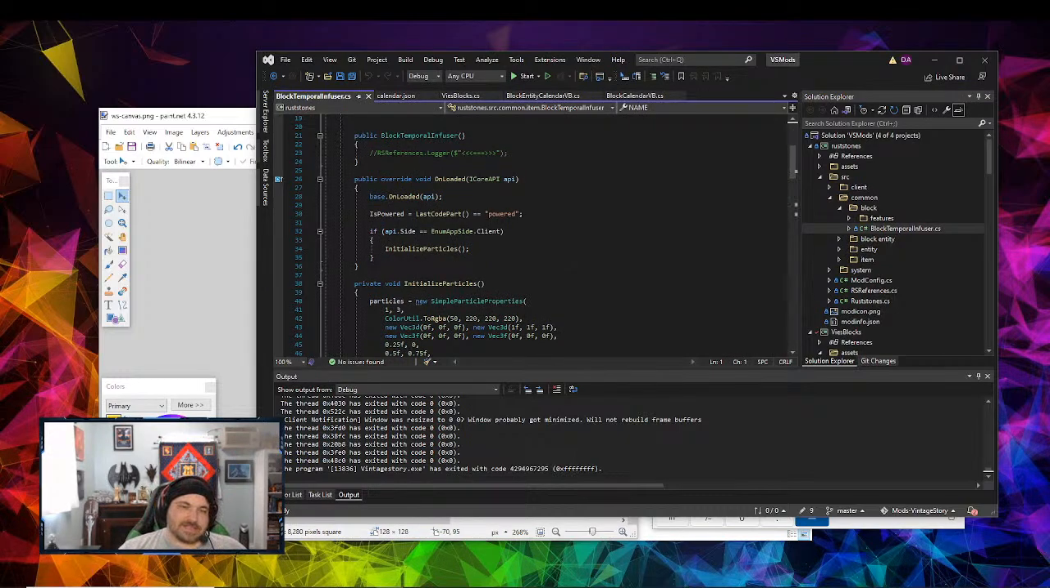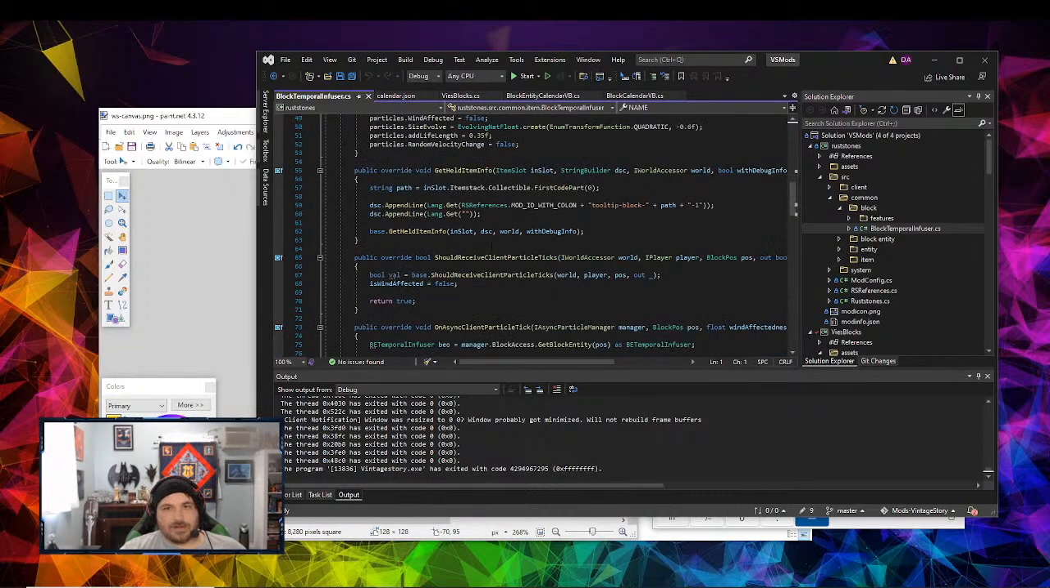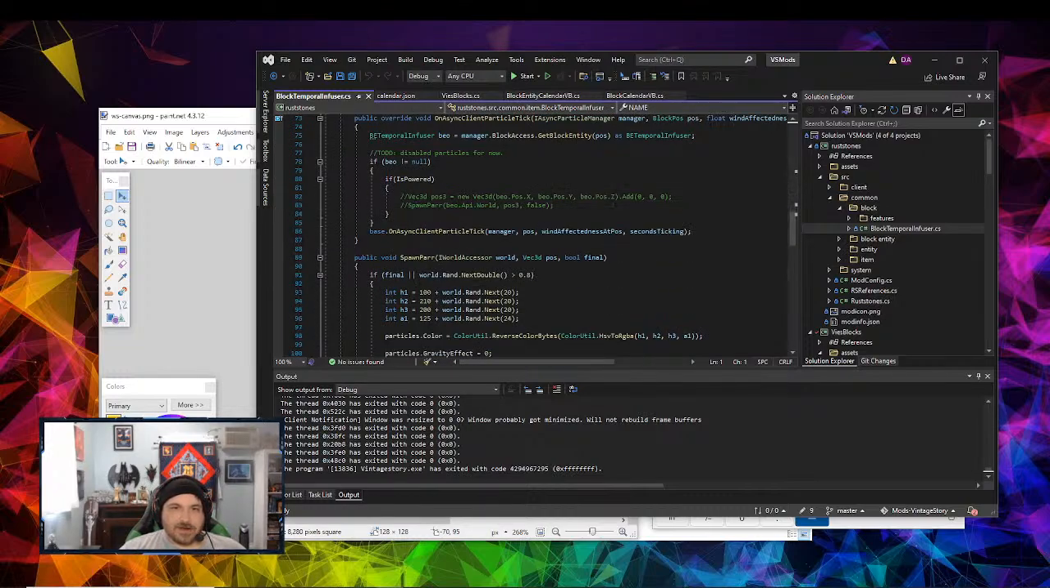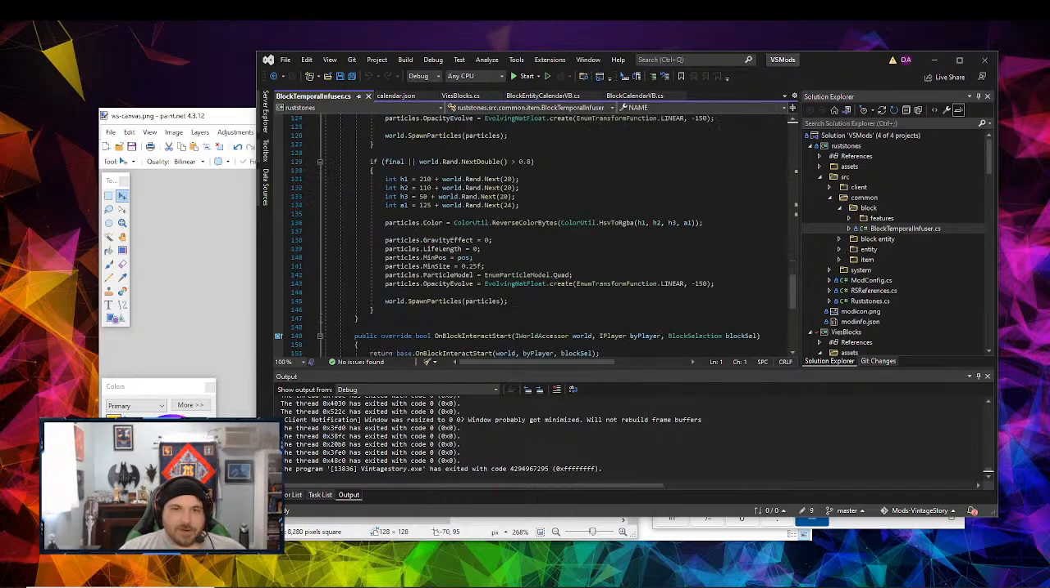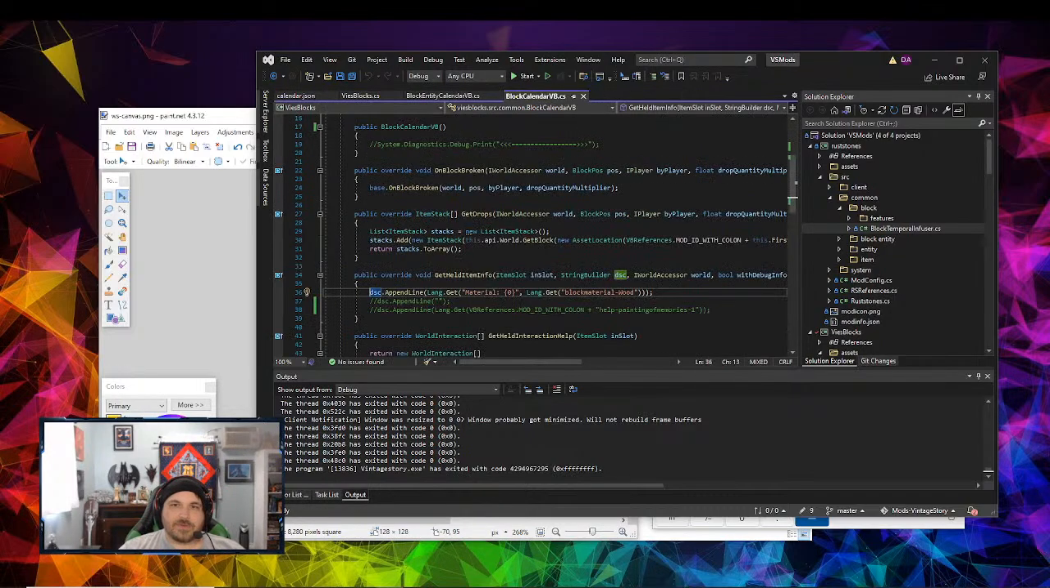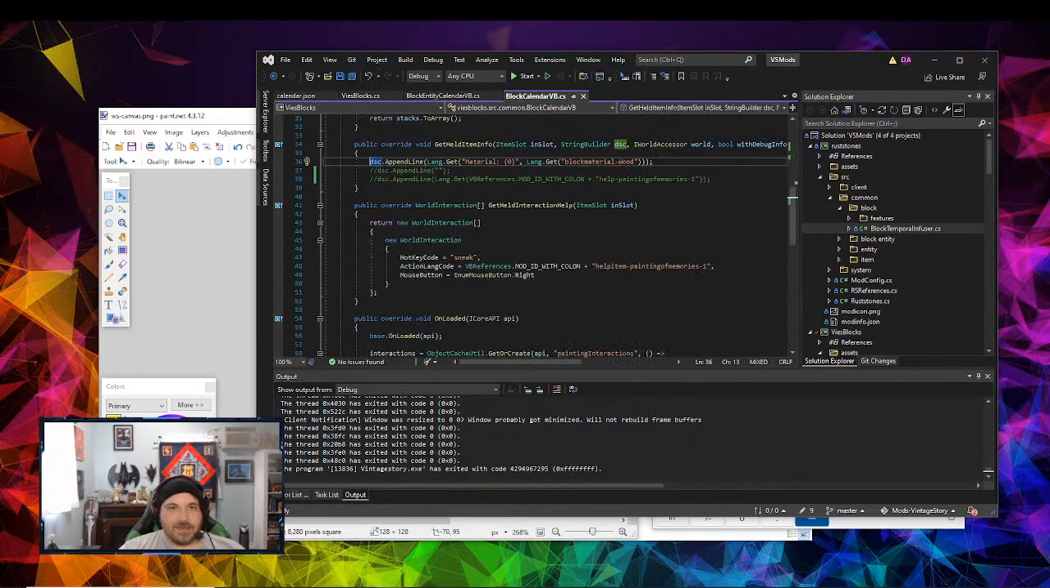So this has to do with particles. I'm not going to have any particles at all. We don't need to worry about particles at all. Should receive particle tick. Who cares? Spawn par would be the particles itself spawning. On block interact start. So really, there's nothing at all important that we need in just the block, which means